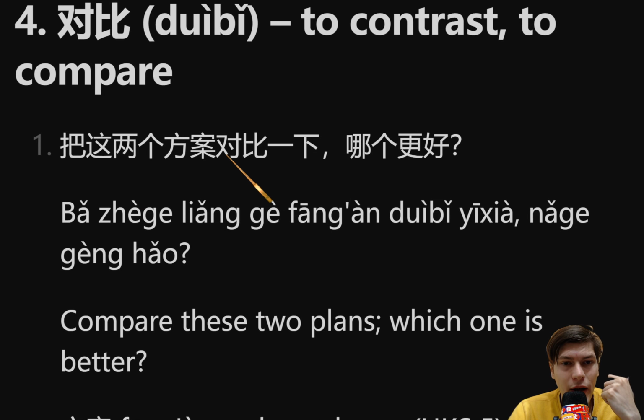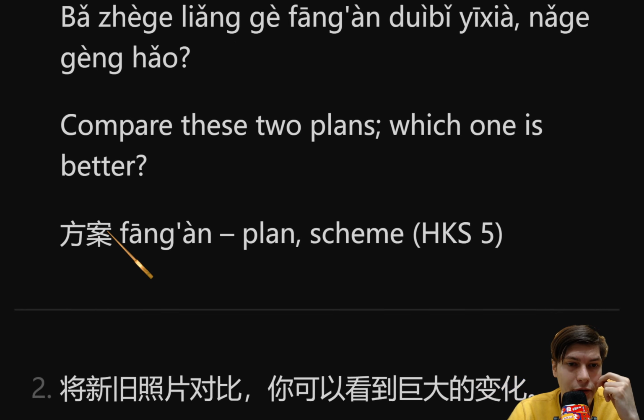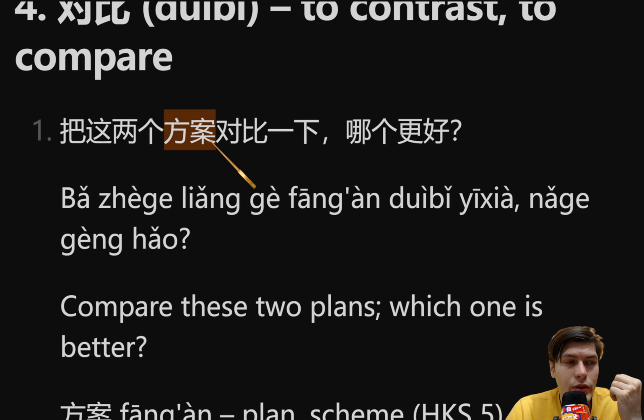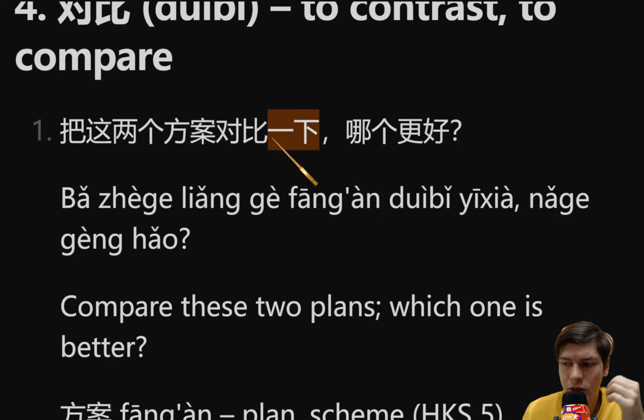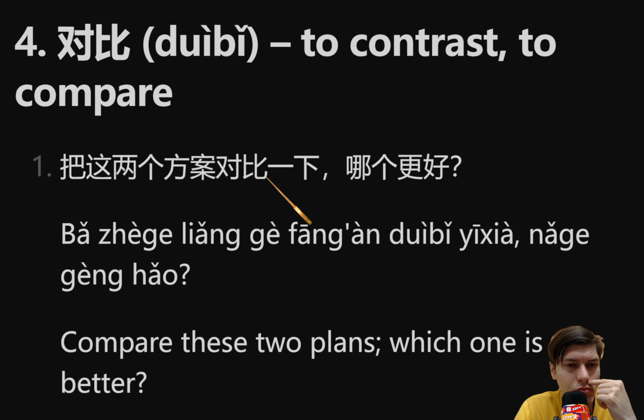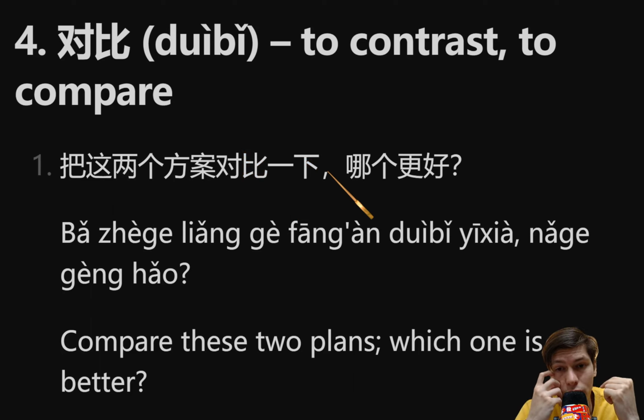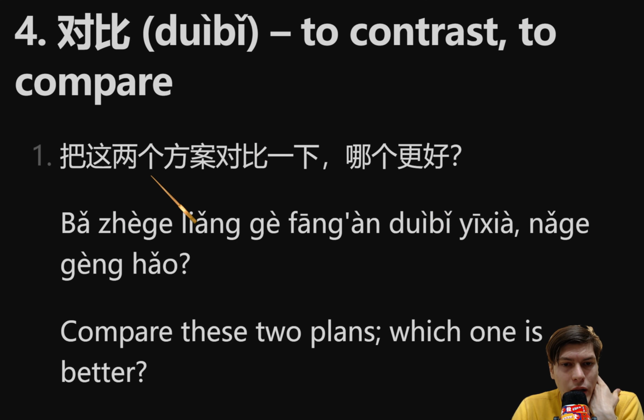把这两个方案对比一下，哪个更好？So again, 把 means to take. 这两个方案, to take these two plans. 方案 is plan or scheme, the same as 计划 or 大计划. 对比一下 means to compare a bit; 一下 here is maybe just polite, representing a short action, compare these two plans. It could also be without 一下, just a more casual way. 哪个更好, which one is better. 把这两个方案对比一下哪个更好。